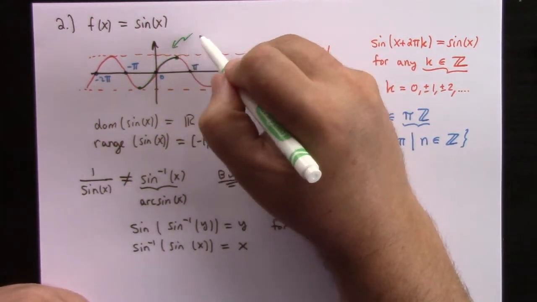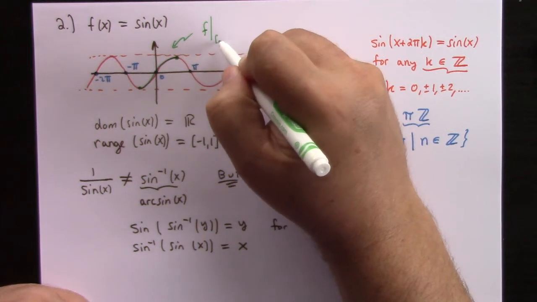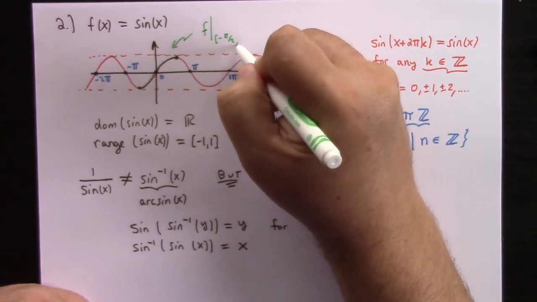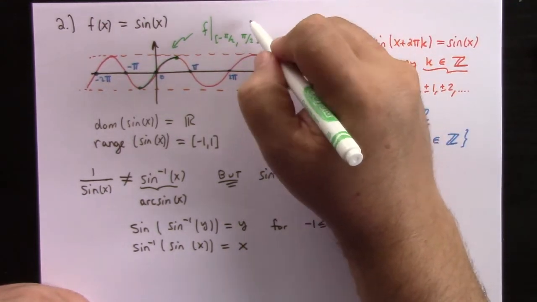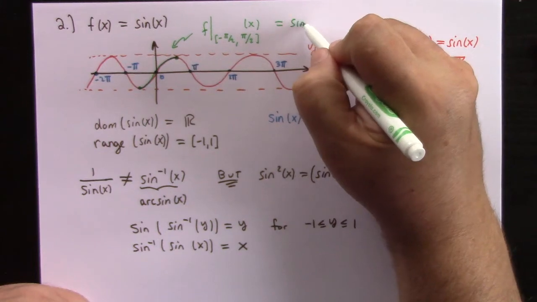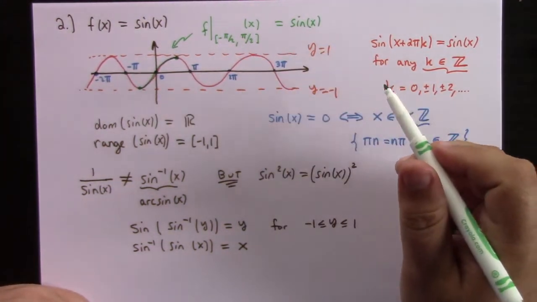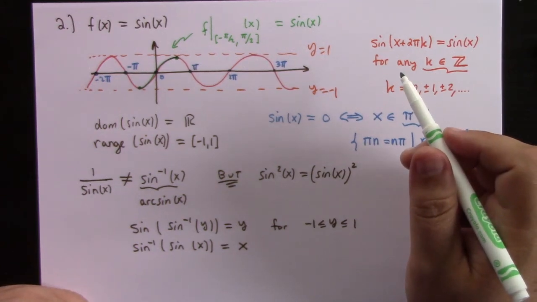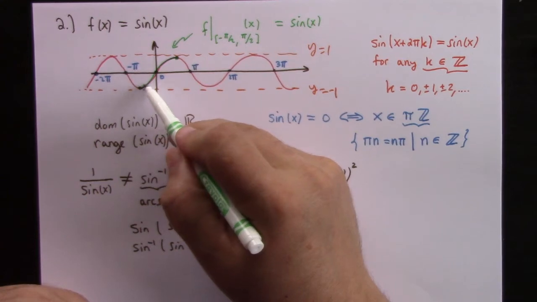So you could say that that's f restricted to minus pi over 2 to pi over 2. That of x is, I know it's kind of awful to look at, equal to sine of x, right? And you're like, well, what happens to this thing outside of minus pi over 2 to pi over 2? The answer is nothing. It doesn't exist. This function is defined only for this little